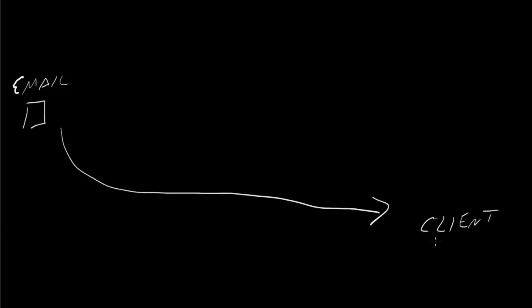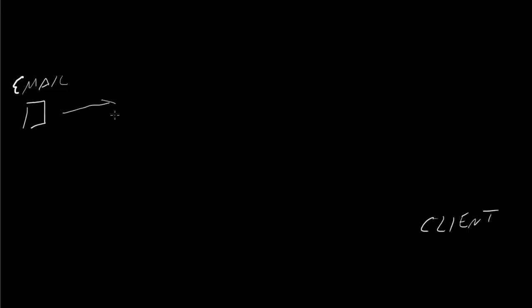So let's say I have an email file here, and I have a client here. Well, I'll put the user down here, and I want to get that email to that user. So how does that normally work today? Well, that email first goes to a server who then sends the email over the internet to another server, and then the client